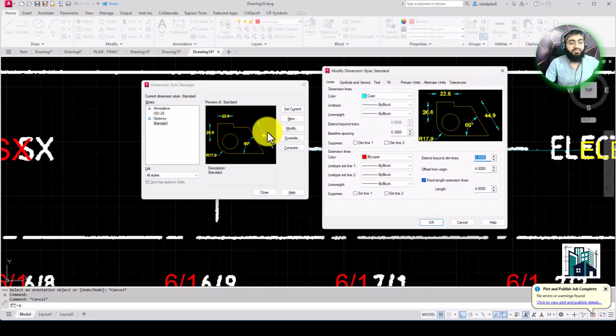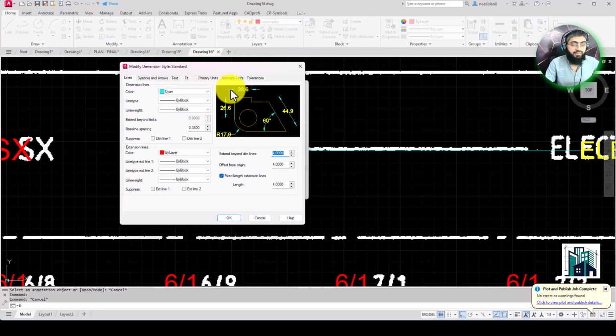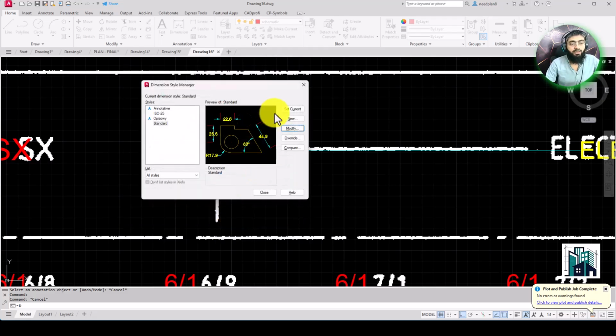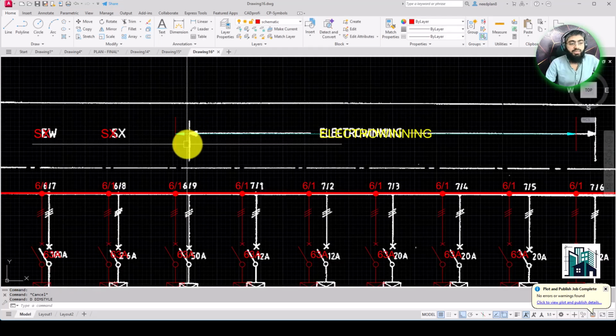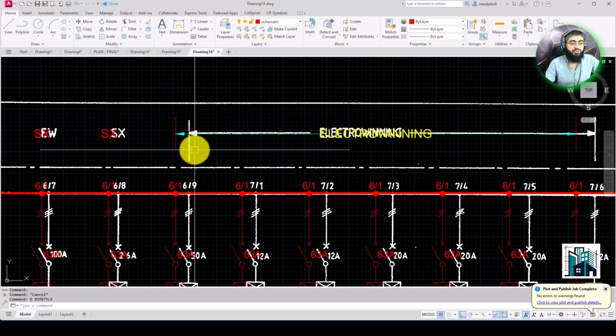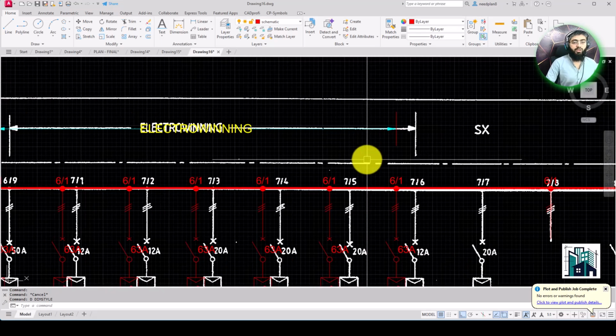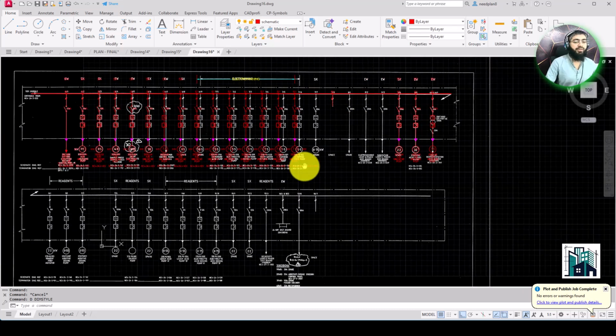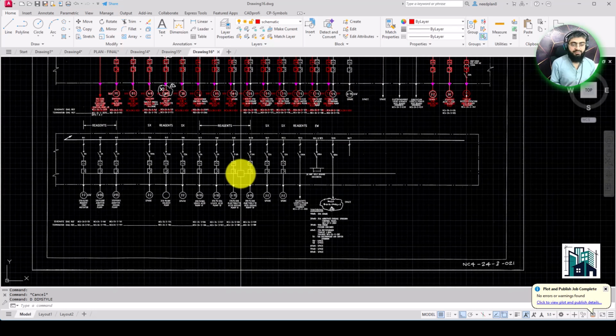If you want to change the height of this line, you just enter 10, 10, and then 10. These should be similar. Okay, so you can make these lines bigger using this setting. That's very simple. So anything else?